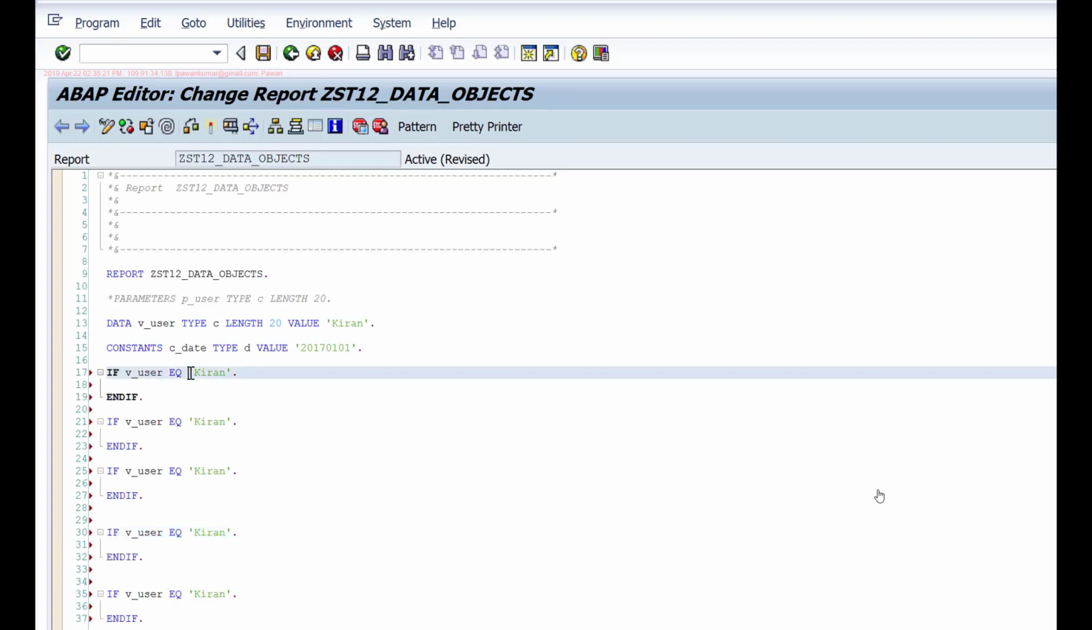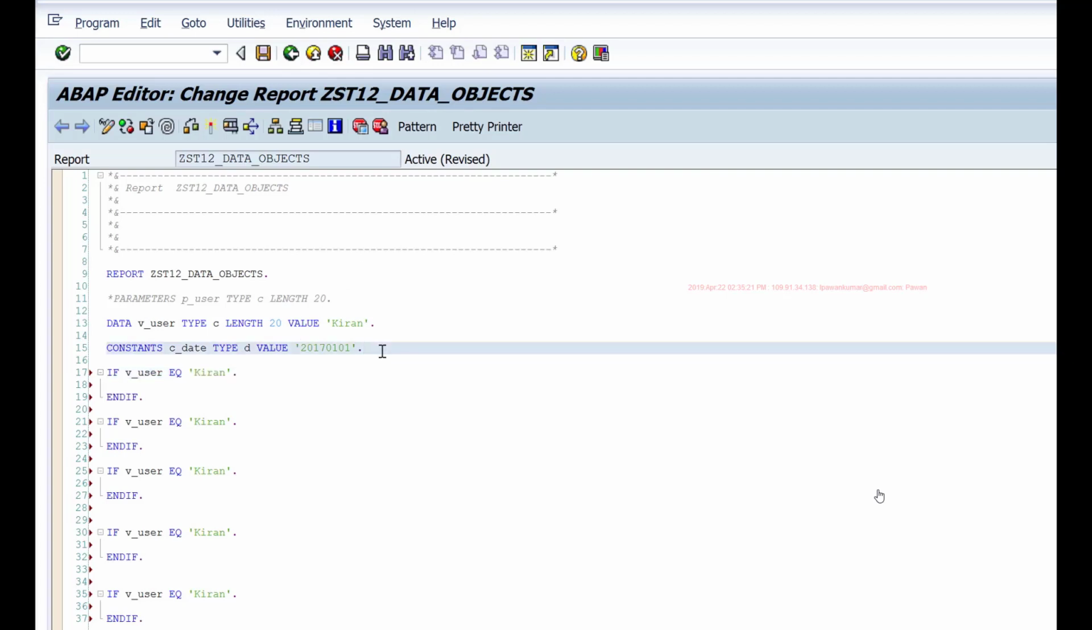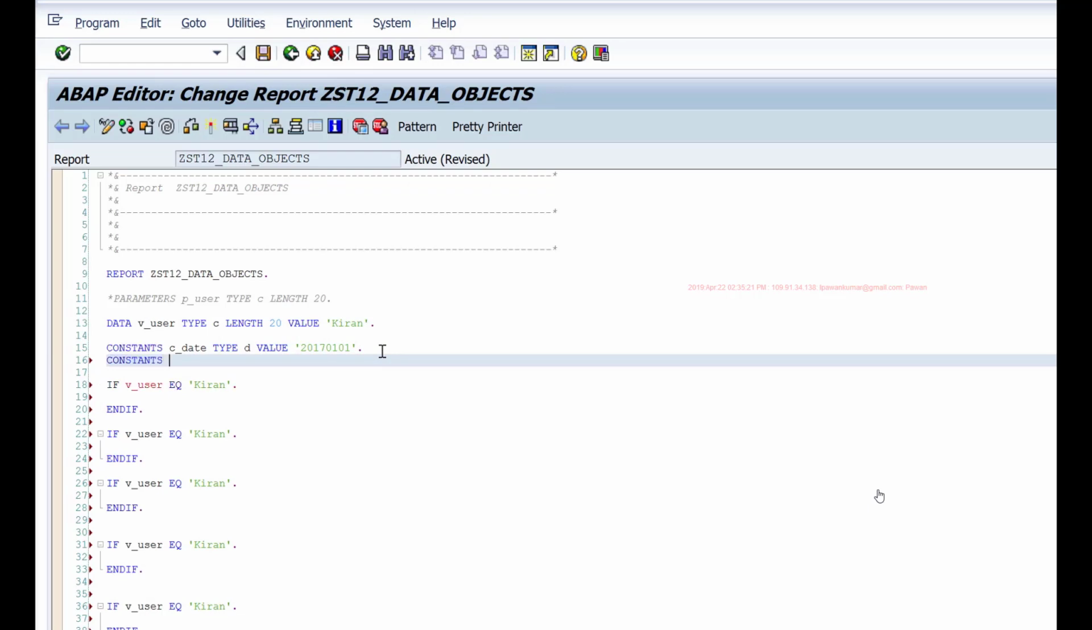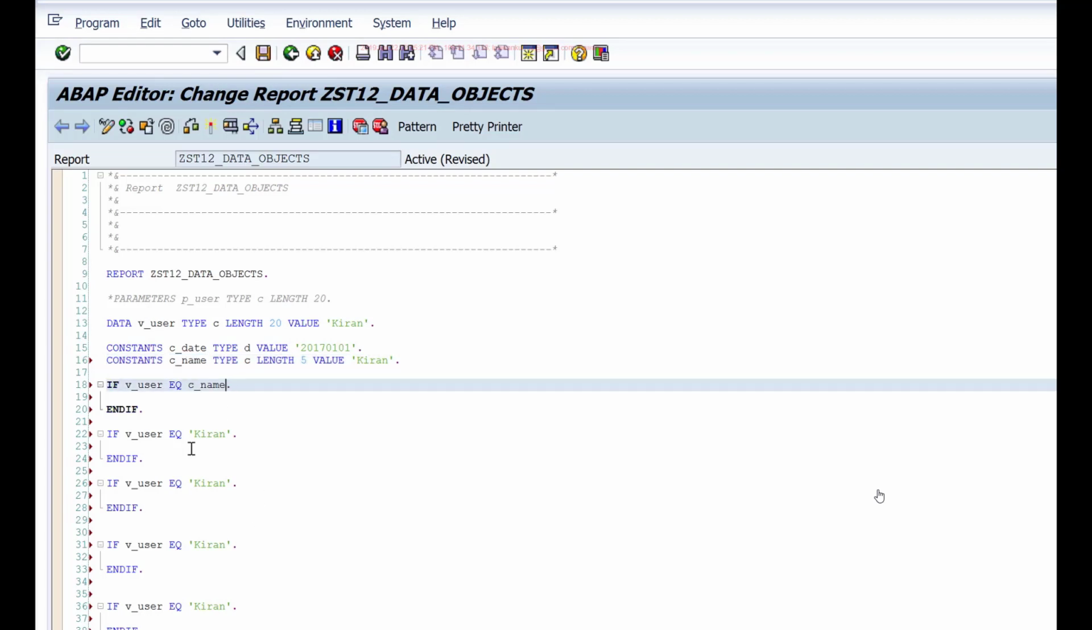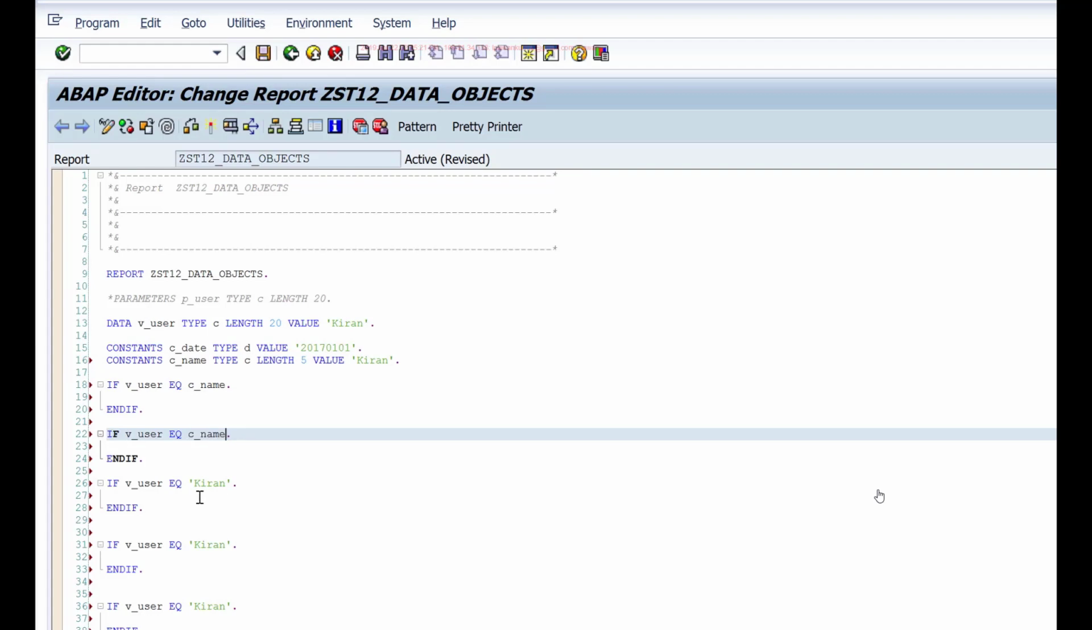I want this value to be reused, but since I'm using single quotes, it does not have any name, so I have to type that again and again in my program, and each time I'm doing that, it is occupying some memory. However, if I use constants, I won't be repeatedly occupying the memory, right? For example, if I say constants C_name, type C, length 5, value this, then here in the condition, instead of checking for that Kiran in single quotes, I can just check C_name. If vUser equals C_name,